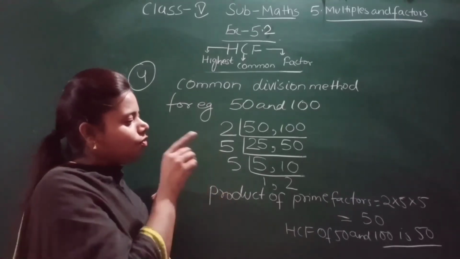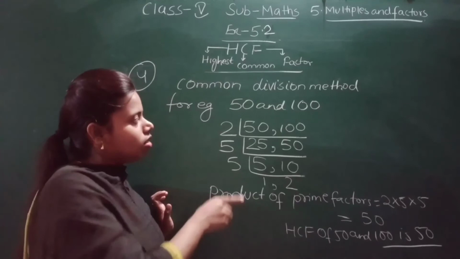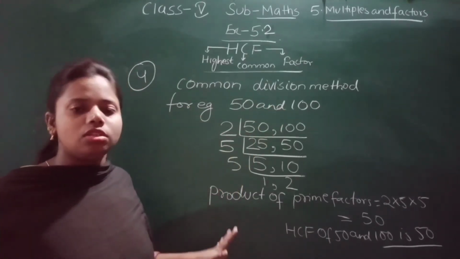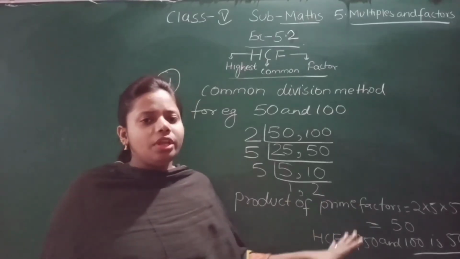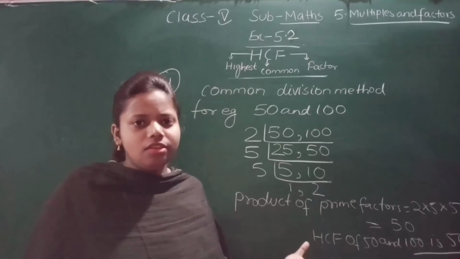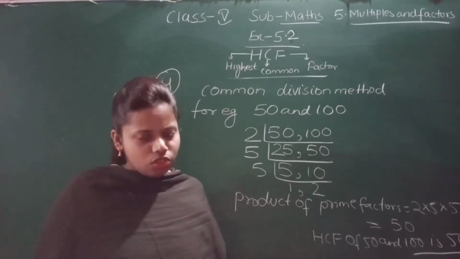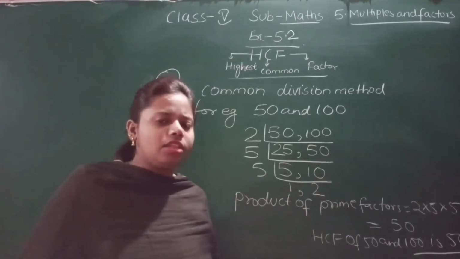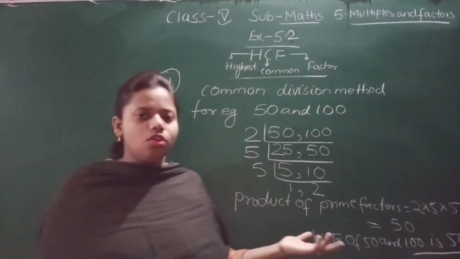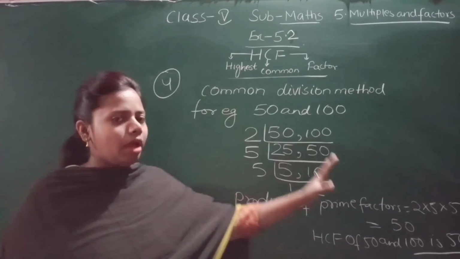Okay, and we have found the highest common factor by which method? Common division method. So I hope you have understood this method. Today I have taught you all the methods of how to find the SCF and how to solve questions based on it. I have taught all four methods. You can use any method if a method is not specified.